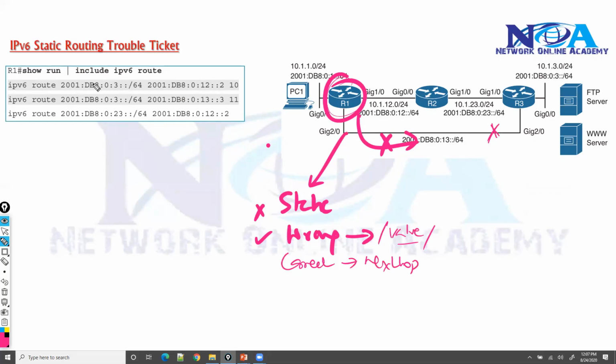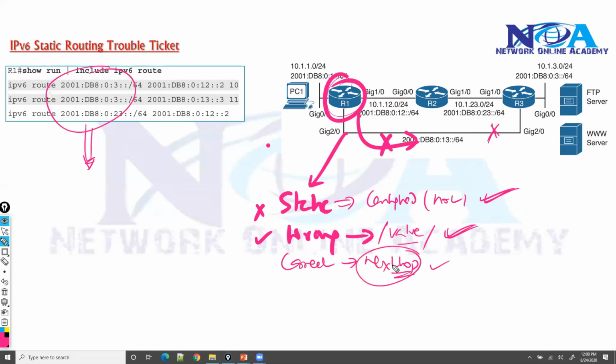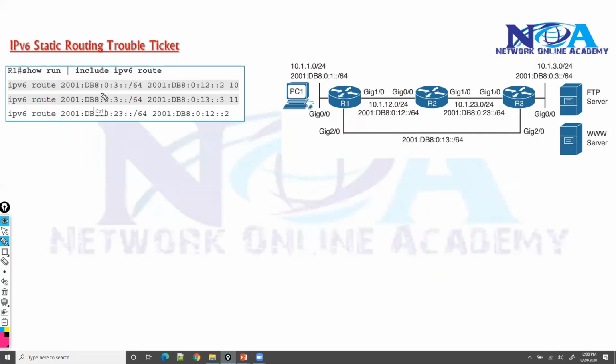And as per the configuration here, first we'll try to confirm whether the static route is configured or not. If it is not configured, then we'll go ahead and configure and fix it here itself. If it is misconfigured, then we'll fix it here. And if there is some issue with the next hop and other things, we can verify the next hop reachability as well. So as per this output here, you can clearly see that for this particular destination, there are two